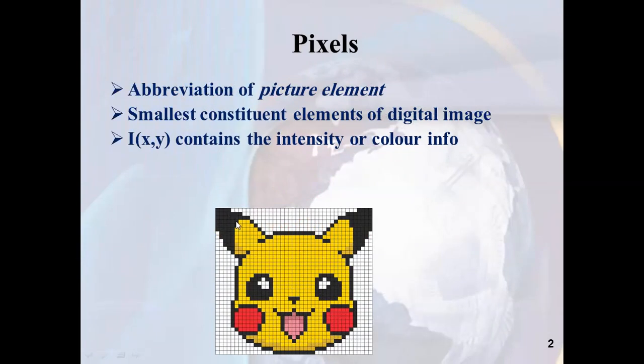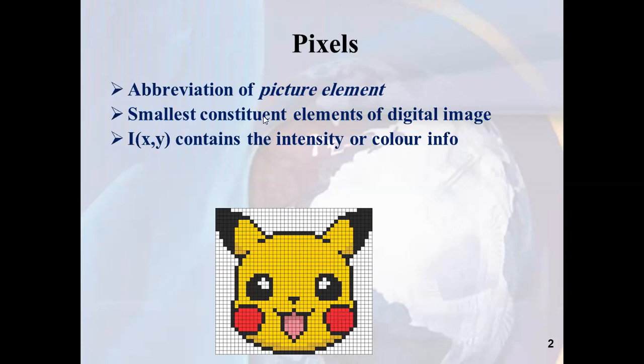This pixel has two parameters. The first parameter is the XY, which is the position of the pixel on the image. And as we said before, the image is constituted by pixels and characterized by its number of rows and columns, number of pixels over the rows and number of pixels over the columns, which represent the size of the image and the characteristics of the image, such as whether it is a colored image and other